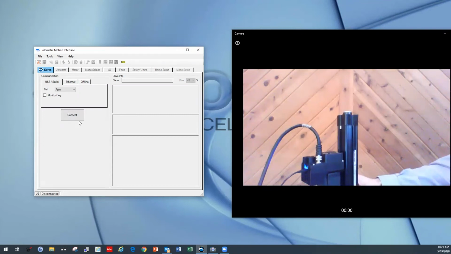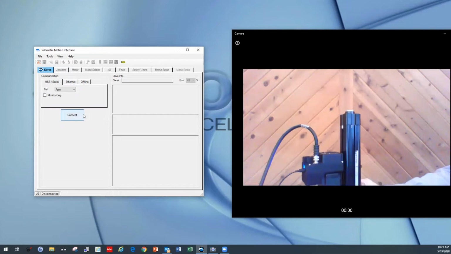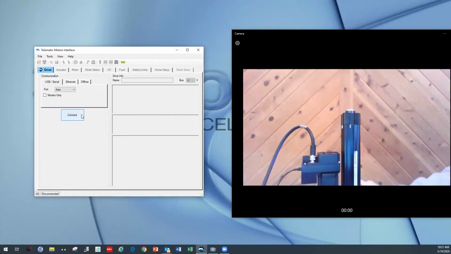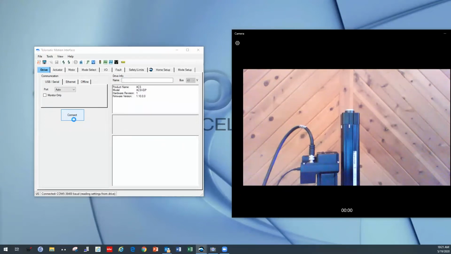see a blue light. You can kind of see it on the port there. That should be a blue LED that turns on with power. Once you have that powered on, you can connect using the connect button. And you'll see that the